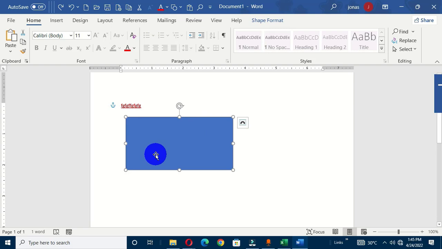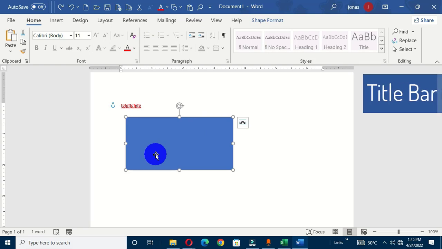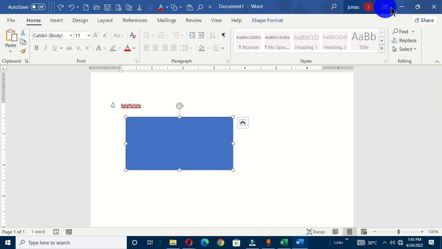The next feature is the title bar. And this title bar is this bar you see here that keeps the name of the document, the program you have opened, the control box, and the quick access toolbar. This title bar is very important and is something that is general in most used applications. Its main purpose is to keep the name of the program, the control box, and the quick access toolbar. For other programs, it also keeps the name of the file or the title of the file created in that particular program. So if I open my File Explorer,